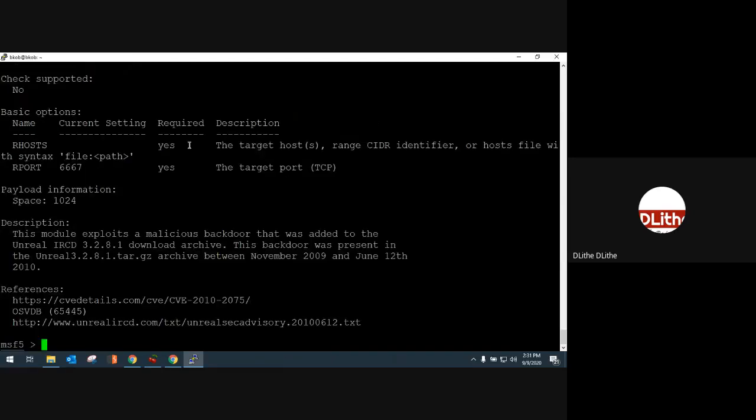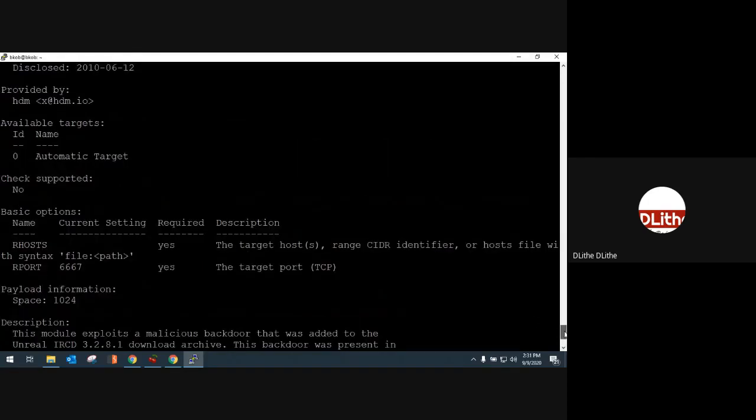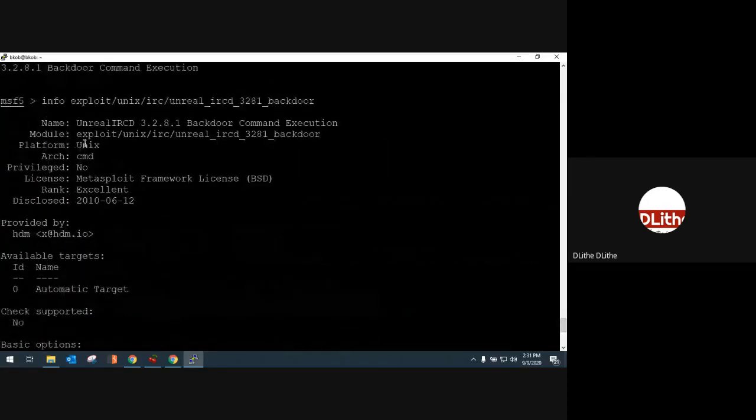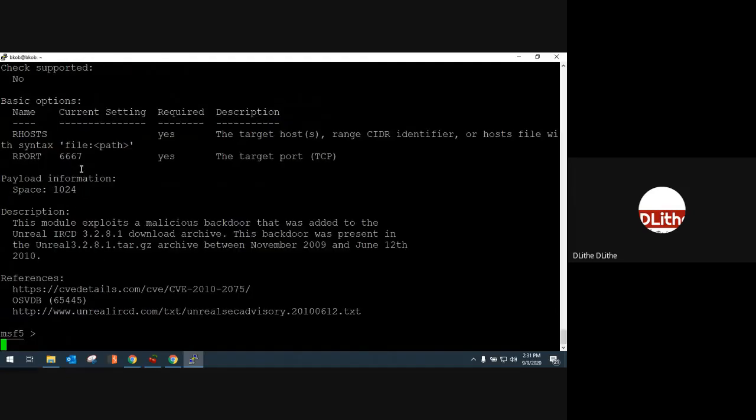Here it says that the script does not give you administrative access. Here the major things that we require are which platform this exploit works for, and whether we get administrative access or not. Those two things. Okay, and after that we can import the script using the use command.